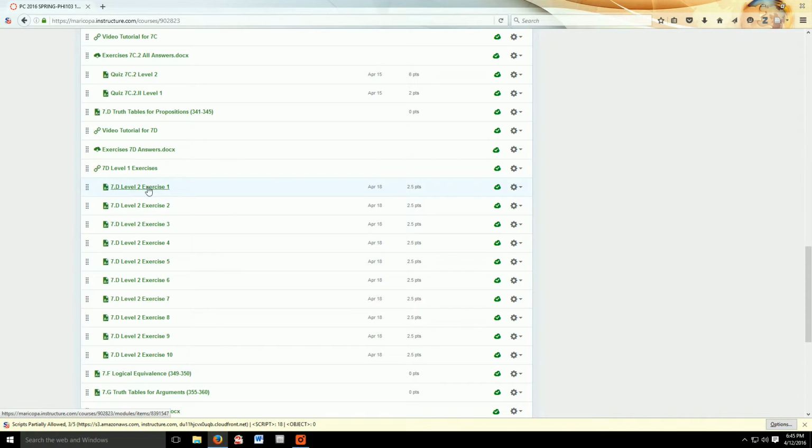Each of these exercises is worth 2.5 points for completion, and I'll explain why it's only going to be for completion in a second. And you're only being graded on the level 2 exercises. For each section, there's both level 1 and level 2 exercises, just like there are level 1 and level 2 quizzes. I'm only grading you on the level 2 stuff. You can do the level 1 stuff, and I absolutely recommend that you do, because as I've discovered, I cannot